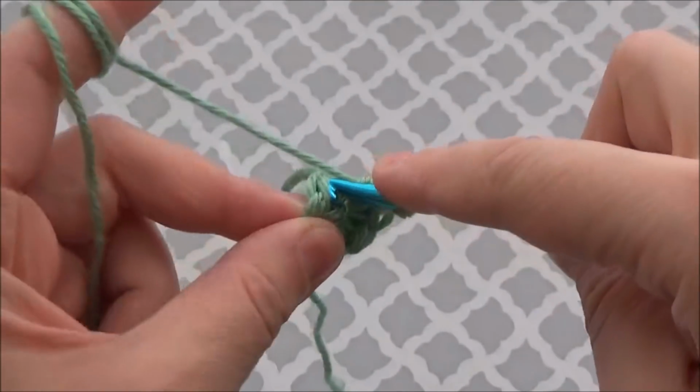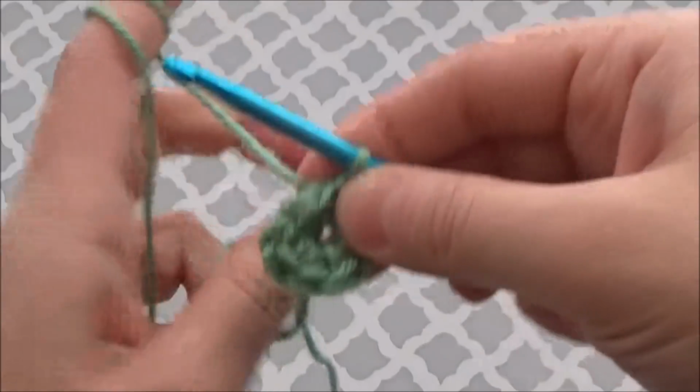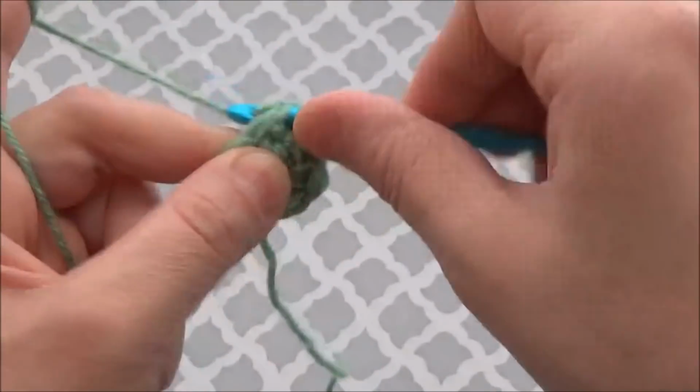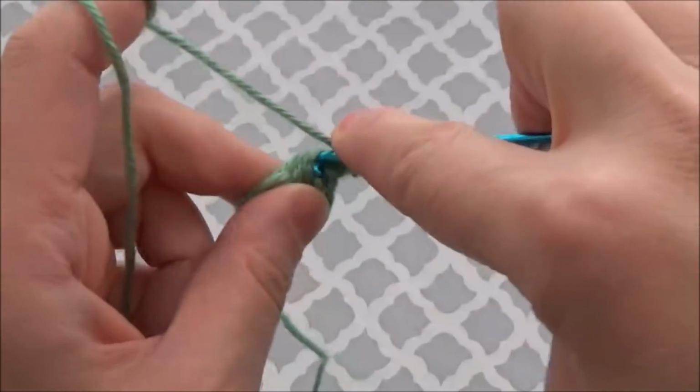to finish the row, slip stitch into the first one, chain 1, half double crochet by 2 in every chain,